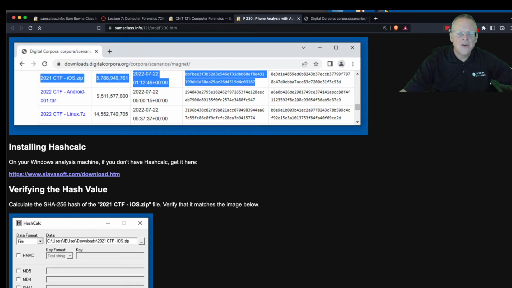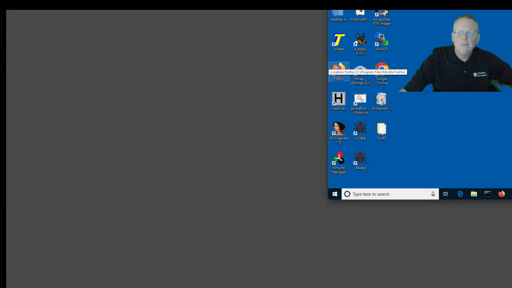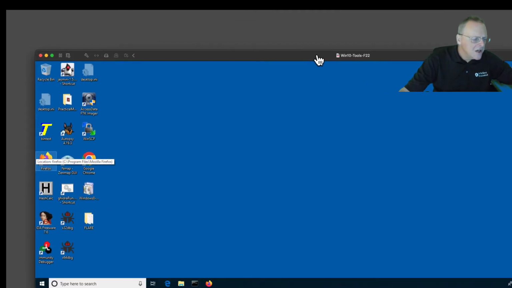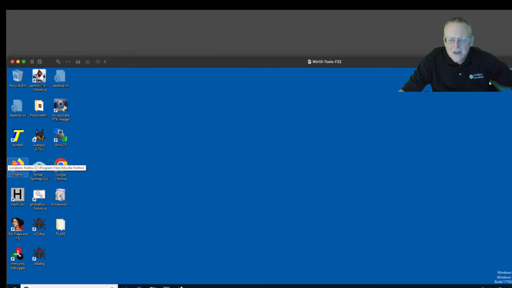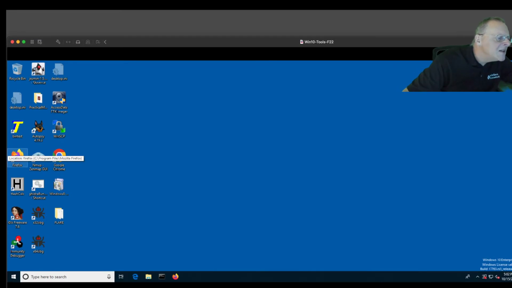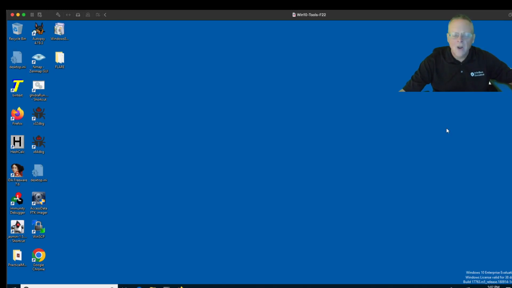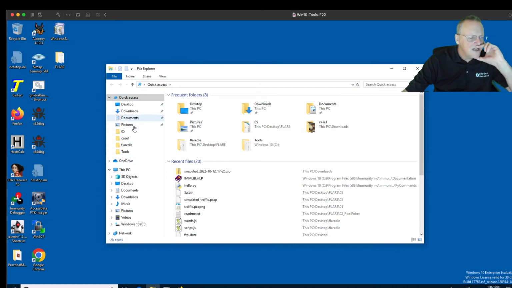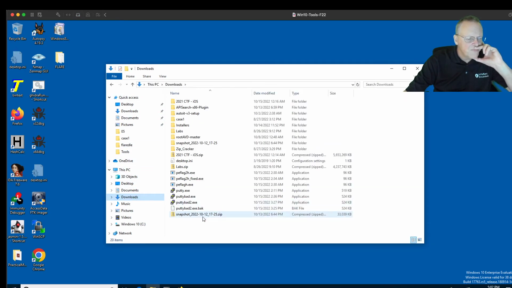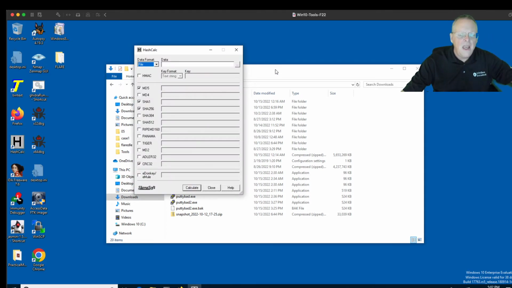So let me shove my instructions to the side and bring up my live machine, which is my Windows machine. And make it the right size. There, that should be about the right size for presentation. All right, and so the first thing you got to do, I've probably got it in my downloads folder. Hopefully didn't delete it yet. There it is, 2021 CTF iOS.zip, 5.65 gigabytes. So first thing you got to do is calculate the hash,